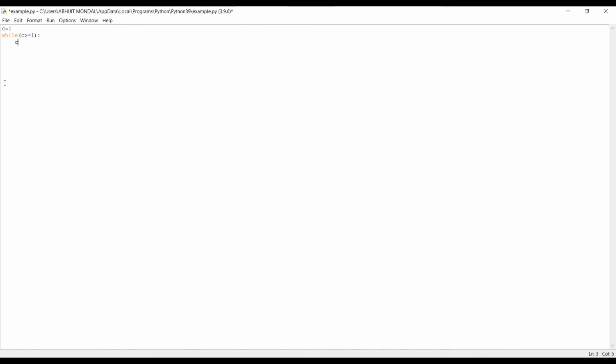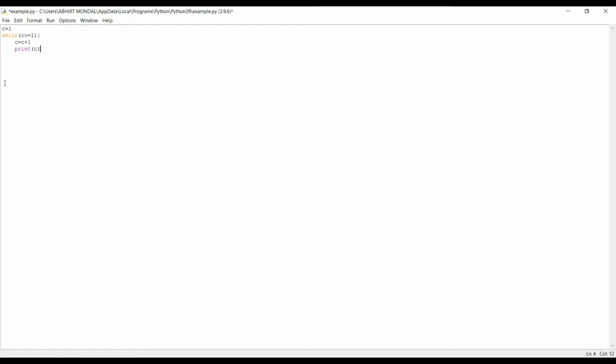So we'll write c equal to c plus 1, and then print the value of c. It will go up to infinity, so the condition for the loop is never going to be false. So let's see what it does.